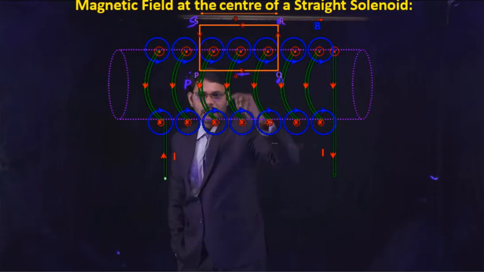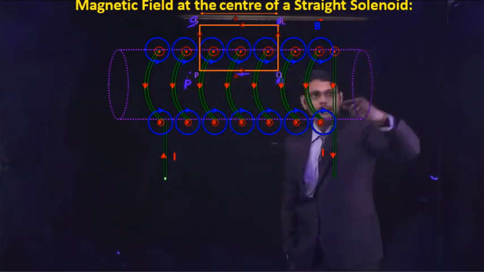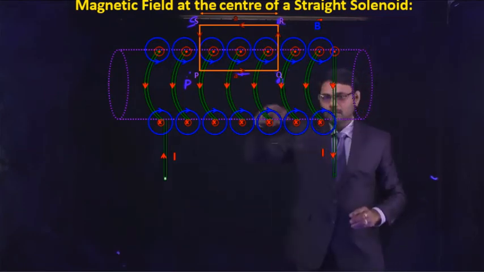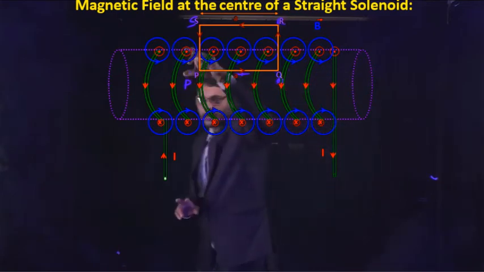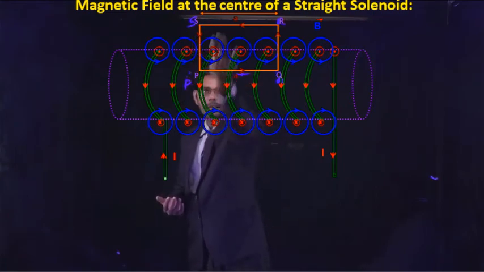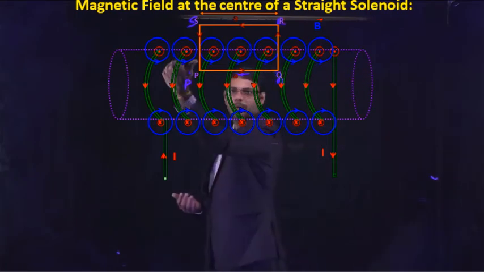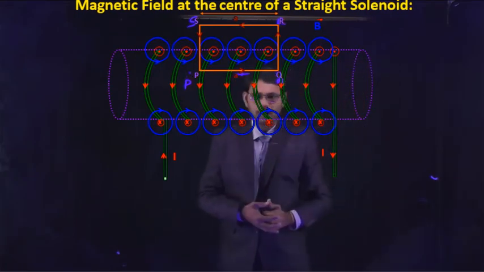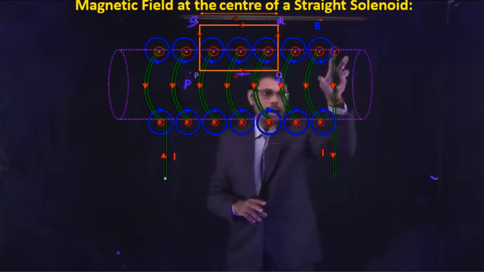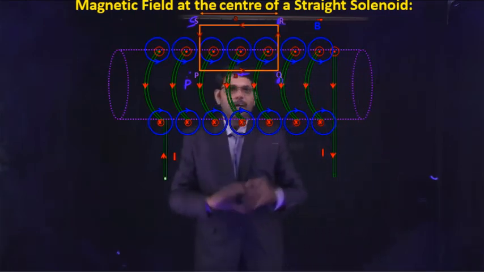Here you are observing in green color the current carrying wire, and current is circulating in the solenoid along the wire in the form of loops. Each loop is a circle, and because of the current through the circle, there is a magnetic field along the axis of the loop. So we would like to find the magnetic field present along the axis of the loop. That is our aim. For that, we have to consider certain data.